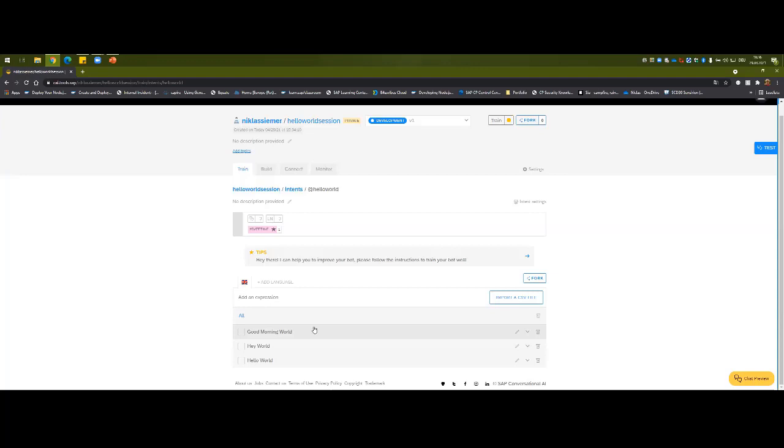If I want to have a chatbot which supports multiple languages, I have to add a language here. Then I can select another one. But to train our NLP, I only have to click here on train. And then it takes some time, in some cases more time, in some cases less. And if it's green, it is finished. So my training is already finished.